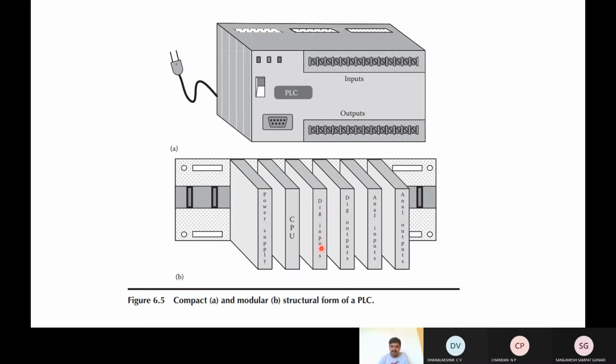Similarly for inputs and outputs, depending on the requirement, you can choose an input module with 16 terminal blocks or 30, like that. So you have the freedom. Depending on the requirement for a particular application, you can choose these subunits. That is possible in case of modular form.